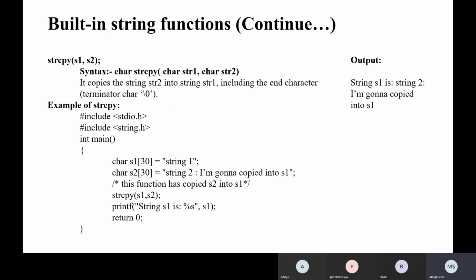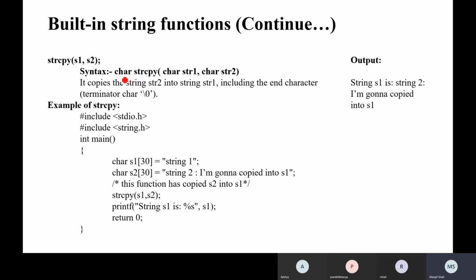So let's see a small piece of code for strcpy(s1, s2). This is the syntax: char strcpy. Once again, this is for understanding purposes only, otherwise it should be char star, but we are not using char star over here.